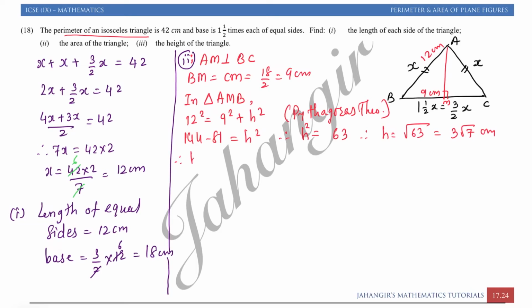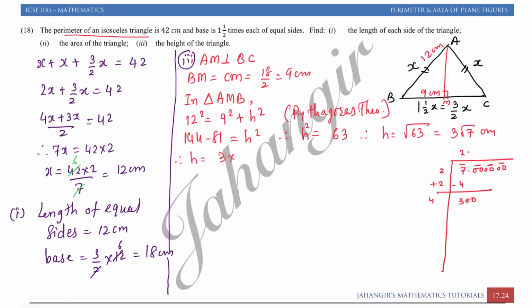So therefore h you can write as 3 into root 7. The value of root 7 you have to find by the long division method that you had learned in 9th standard or 8th standard. It is somewhere like this, 7.000000. So we can say 2 2s are 4, make up pairs of 2. 2 2s are 4. This subtraction here we are adding, this will become 4. 3, put decimal, 2 zeros,